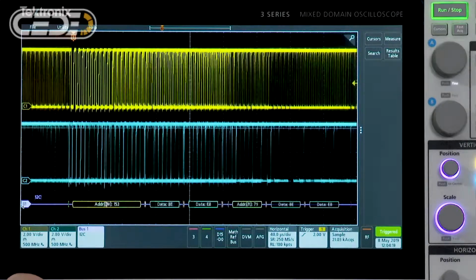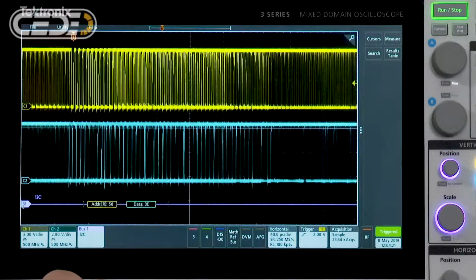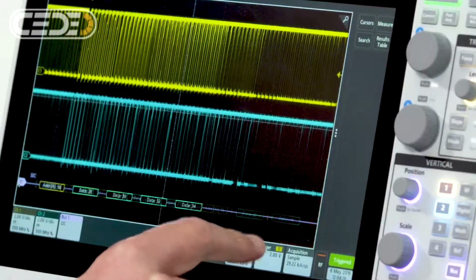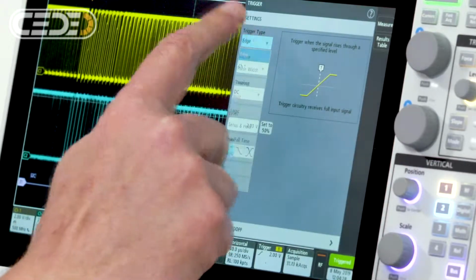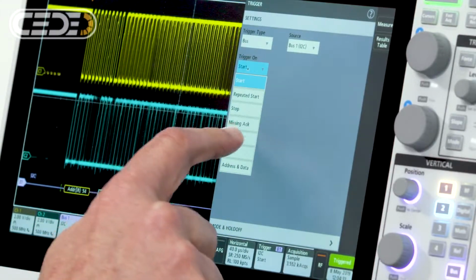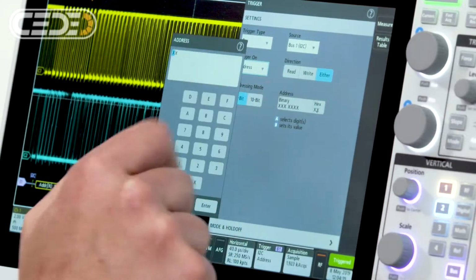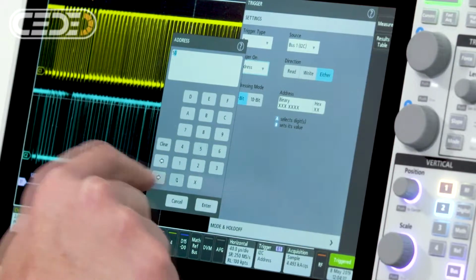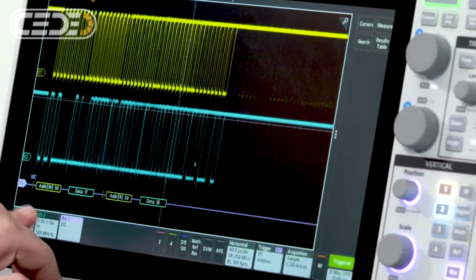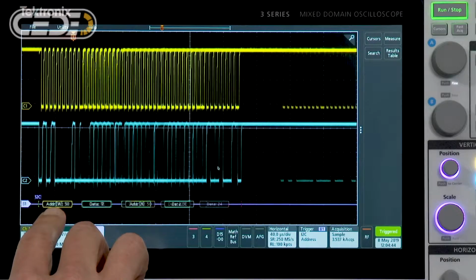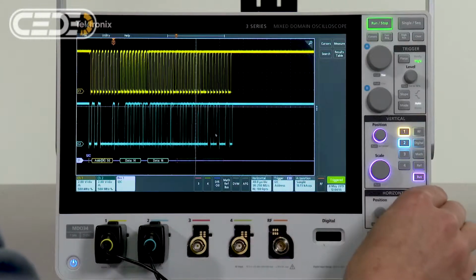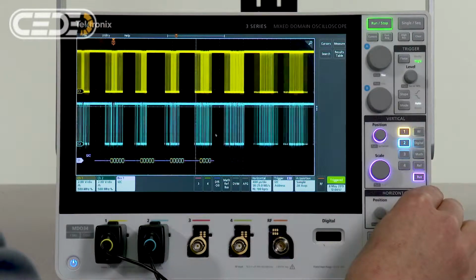Beyond simply decoding the bus, we have the ability to trigger on packet-specific content going by on the bus. To do that, I would go to the trigger menu, select bus as my trigger source, and let's say I want to trigger on reads or writes to address 50. So I'll enter 50 and close my menu, and you can see that we are now triggering on reads and writes to address 50. If we wanted to look at more, we can scale out and see a longer period